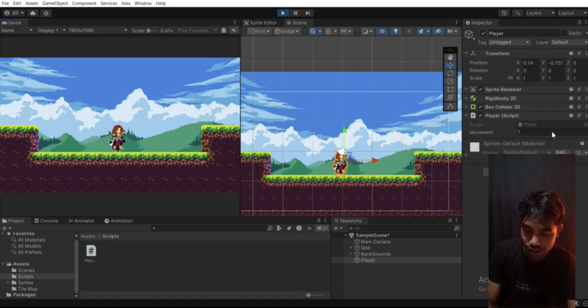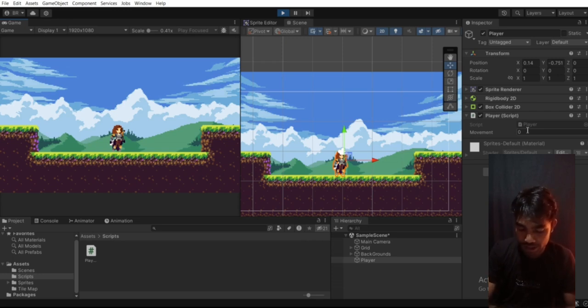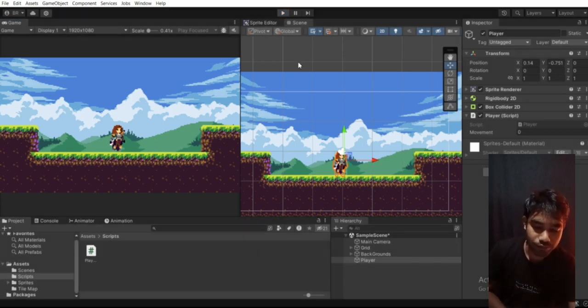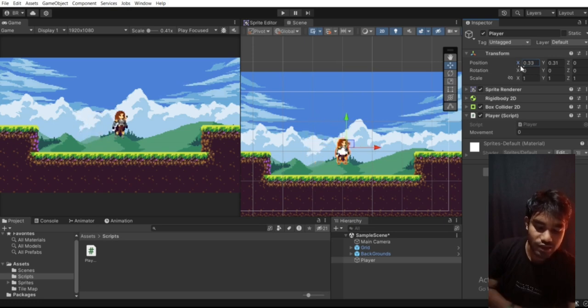So now if I hold down the D key, as you can see, this becomes 1. If I just lift my finger off the keyboard, so we're not holding any keys, this becomes 0. And if I hold down the A key, this becomes -1. So what we will do, we will add this movement to our player position. Basically, if I select this player game object, then go to the Transform component in the Inspector and play around with this X position, as you can see the player just moves left and right. So we will add this movement to this position,